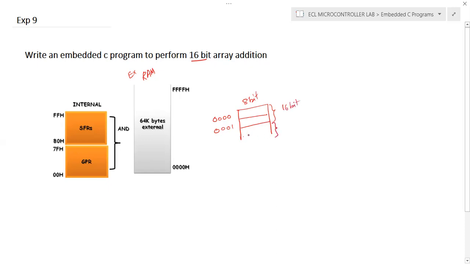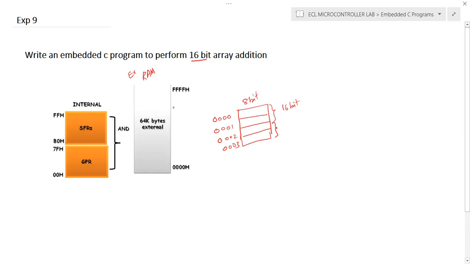Similarly, if you use the next two locations, 0002 and 0003, we can store another 16-bit number. In 8051, if you use the external RAM, you can store the values in this particular manner. Each location can store only an 8-bit value.